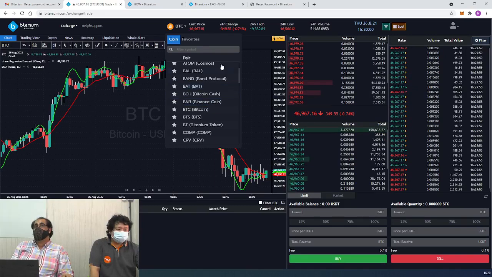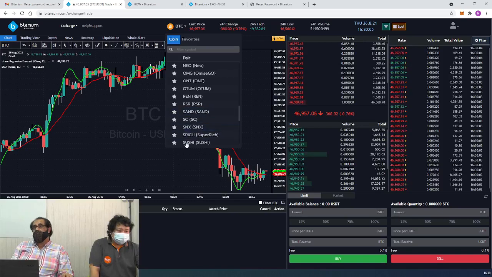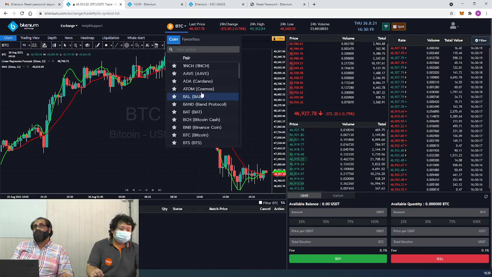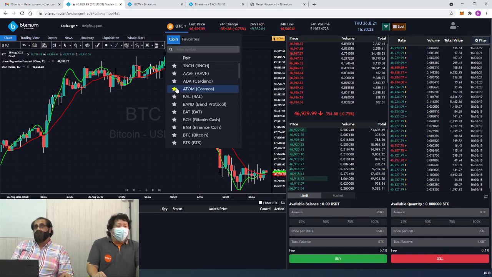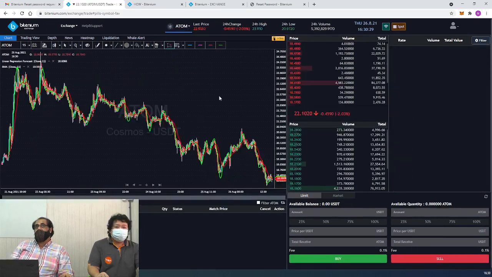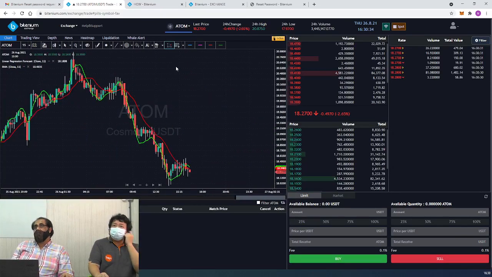Another point I want to show you is that once you click, for example, I have some point that I'm interested in, let's say Sushi. I just click the star here and it turns yellow. It will be added to favorites. See here? So you can add to favorites in an easy, simple way. For example, I want BTC or ADA, Cardano and all those things. On Cardano, I just put a highlight here and you will see it as a favorite, and you just click and the chart will come up for you. See how simple and easy it is to add to favorites.